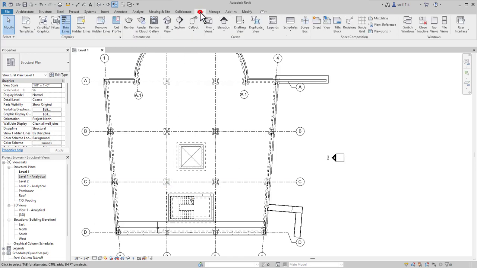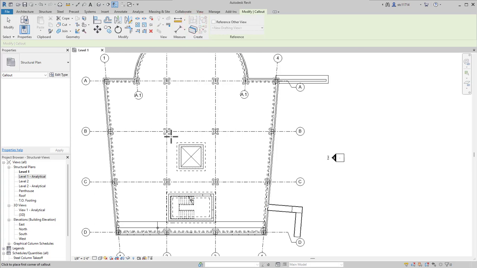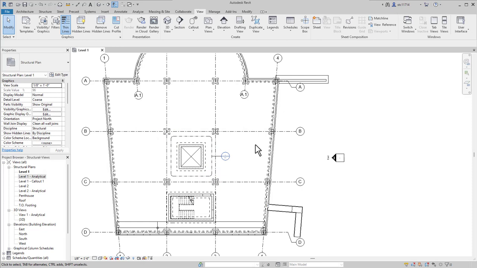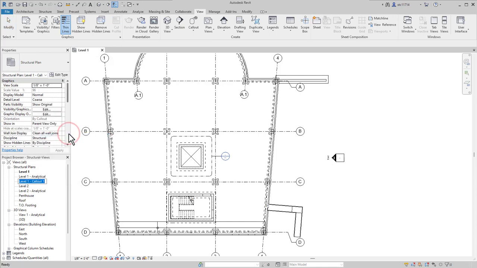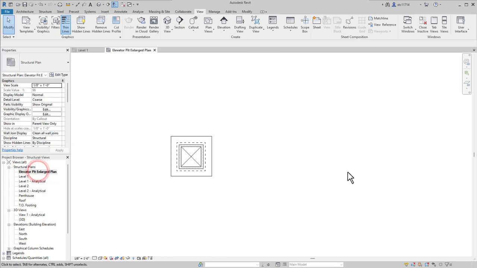I'm going to go to the View tab, then select Callout. I'll create a little window around that elevator pit. And I can see my new view that was created called Level 1 Callout 1. I'm going to rename that view to Elevator Pit Enlarged Plan. I'll go ahead and open that view up, and we can see that it's just a view of